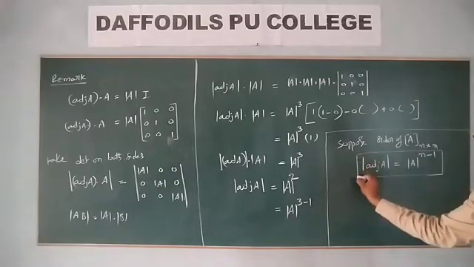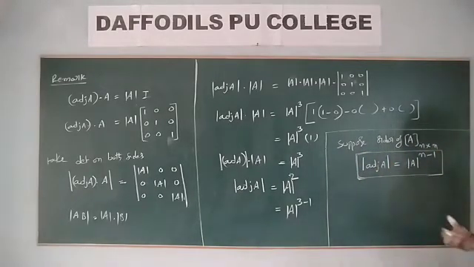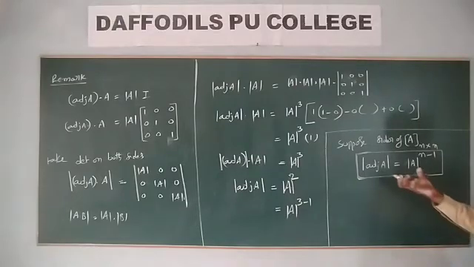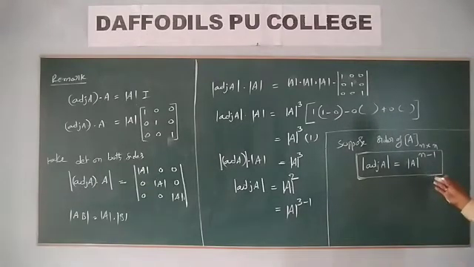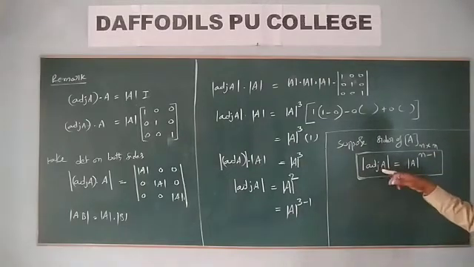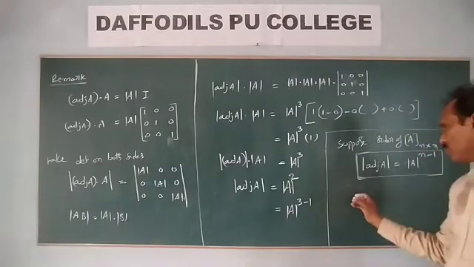So finally, use this remark to form one formula. This is important for objective and for theory also, a 1 mark question in the theory board exam, and it is useful for objective KCET level and JEE level also. Okay. Suppose a 2 by 2 matrix, then determinant of adjoint A is equal to det A whole power 2 minus 1. I will give an example.